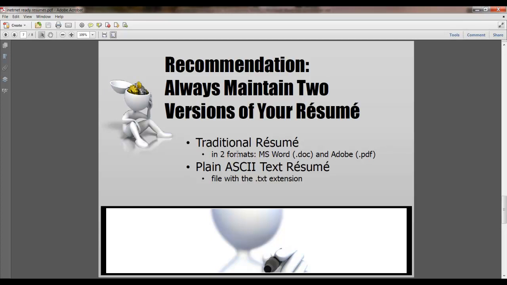Okay, so now the question is, how do you prepare the ASCII text version of your resume? How do you create one? Preparing one isn't difficult, but it does require a learning curve. Once it's converted to the ASCII format, you'll be able to email your resume in response to an ad or paste it directly into web-based forms and submit it to Internet Resume Data Banks. Now, the specific directions will vary depending on the software that you have installed on your computer. But I'm going to show you the basic steps to create an ASCII resume out of your Word resume